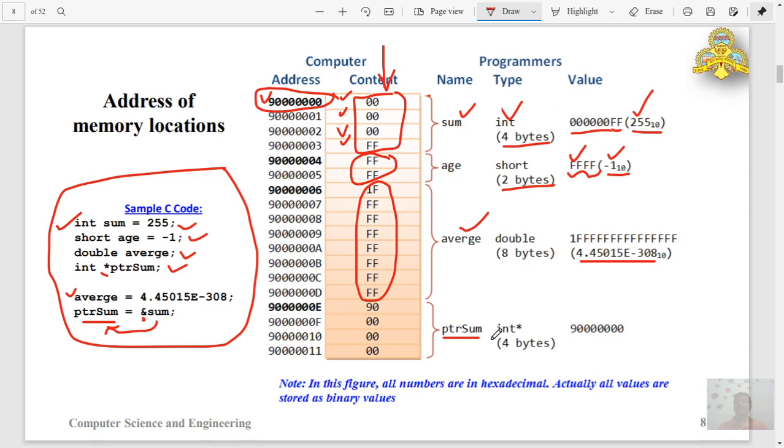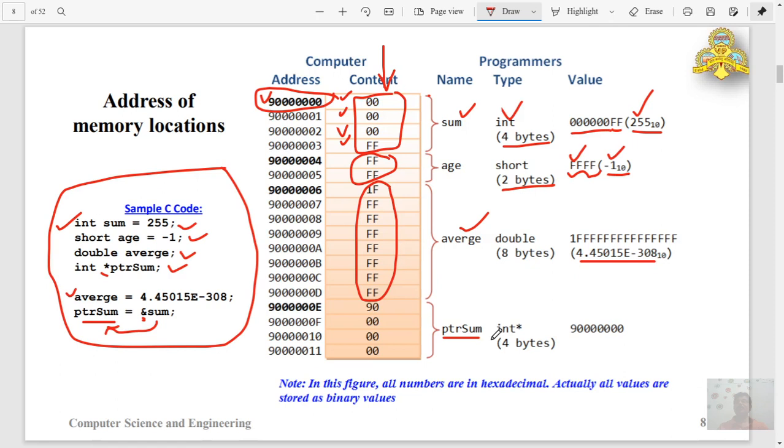And one more thing you have to consider: the values stored in sum, age, average are numerical values, whereas the content stored in ptr sum is the address of another memory location. That means there are some restrictions on using this value in expressions.